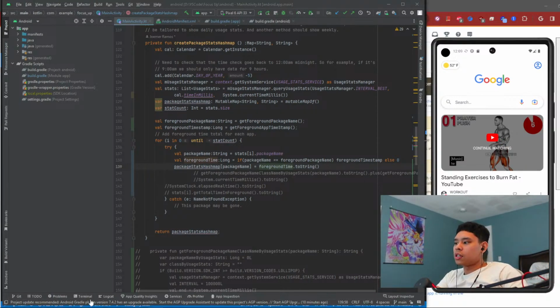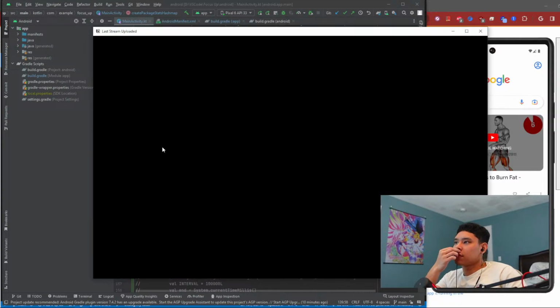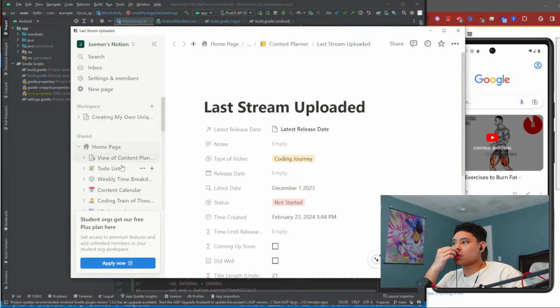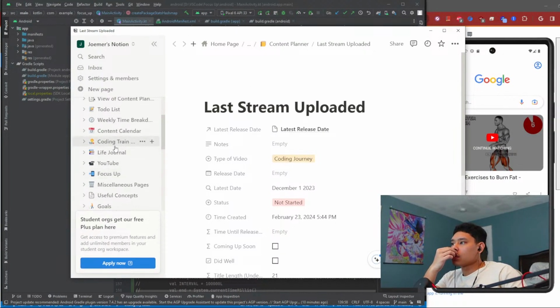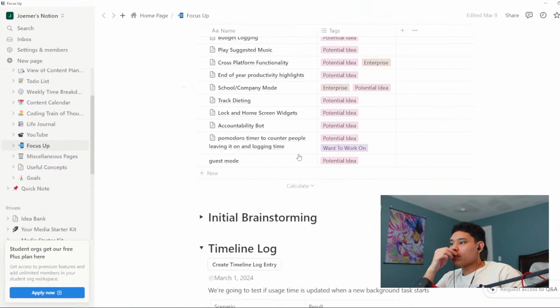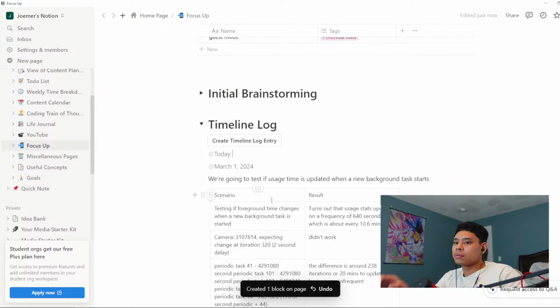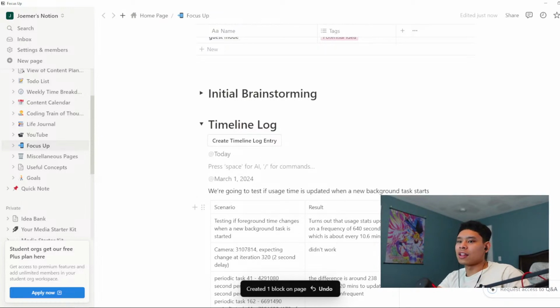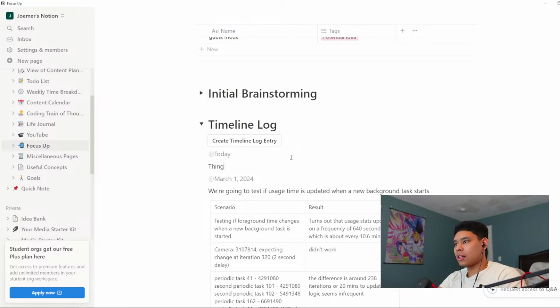Let's open up Notion. We're going to need Notion real quick because we're going to have a bunch of different branches essentially. Oh snap, the last time that I streamed or wrote something down was March 1st. So it's been like 2 weeks I've been working on this. But things we need to, oh, my E key's working today. Nice. Things we need to do to